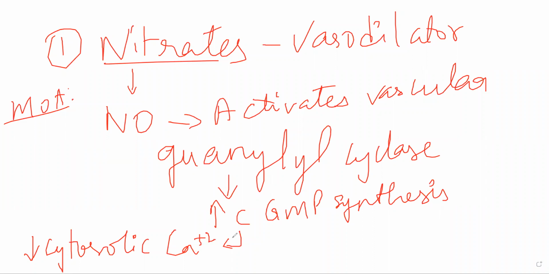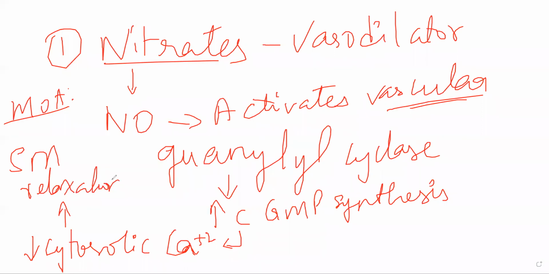If calcium is decreasing, what will happen to that muscle? Specifically, here, when it acts on blood vessels, those are smooth muscles, because we are talking about the action of nitric oxide on your vascular tissue, on your blood vessels. The muscles involved will be smooth muscles. If calcium level decreases in smooth muscle, will it not dilate? Smooth muscle relaxation occurs because of this. That is the mechanism of action.